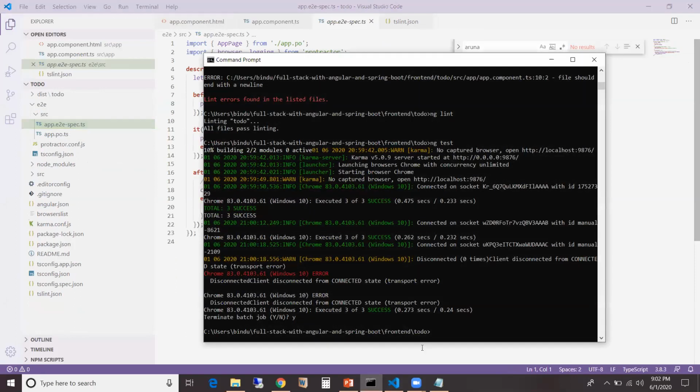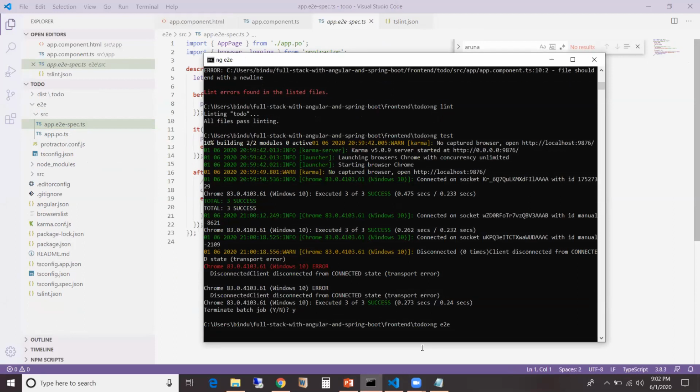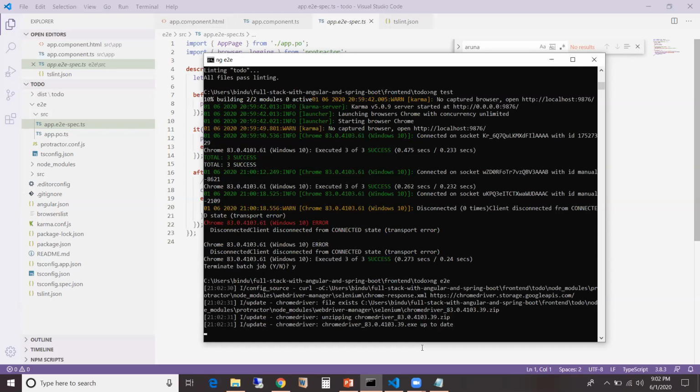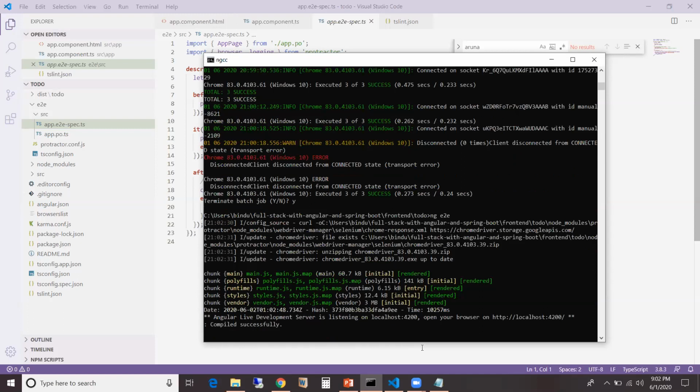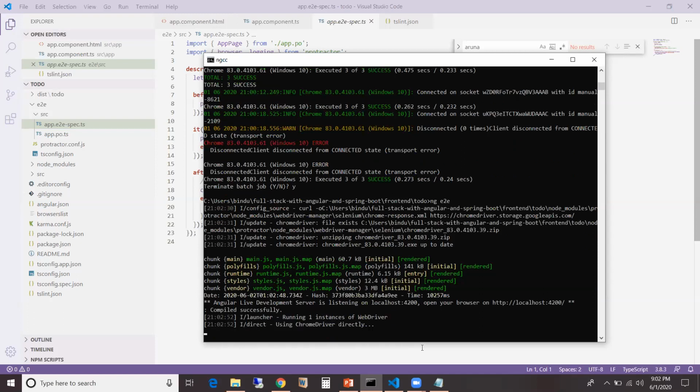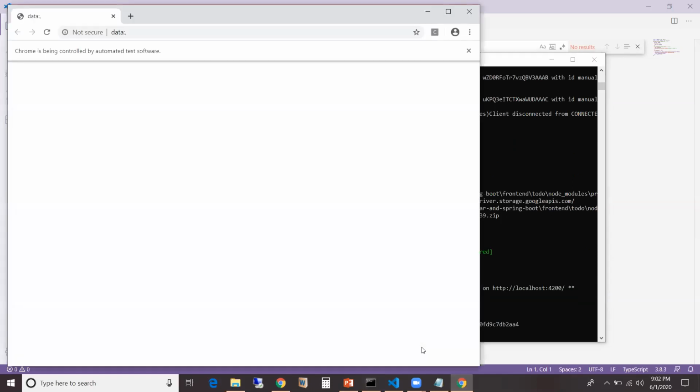So if I try to run ng e2e, the browser got opened.